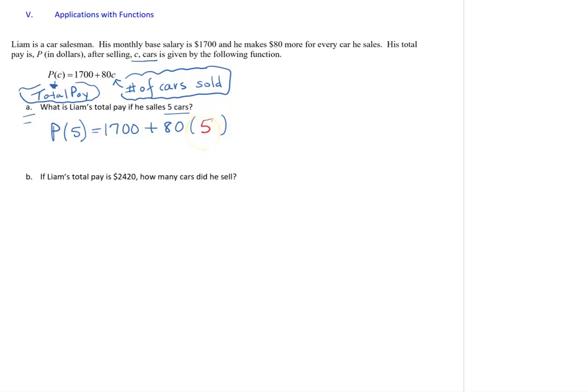Now we're just doing the math. So remember, you multiply before you add, or you can just enter this in the calculator. But 80 times 5 is 400, and 1,700 plus 400 is 2,100. And I'm going to want you to put the units on your answers. Alex is bad about doing that, but I really want you to know what you're finding. So a sentence that would interpret what we just did is this: if Liam sells